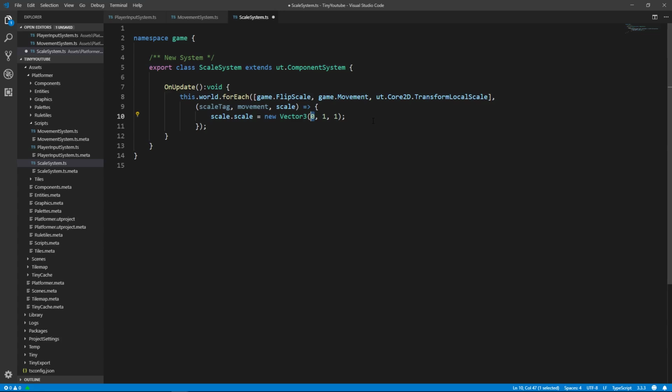movements.directions.x is equal to -1, we want the scale to be equal to -1. If the movement's directions x is equal to 1, we want the scale to be equal to 1. But if you're not moving, your movement's direction x will be 0, but we do not want our scale to go to 0. So instead of just putting